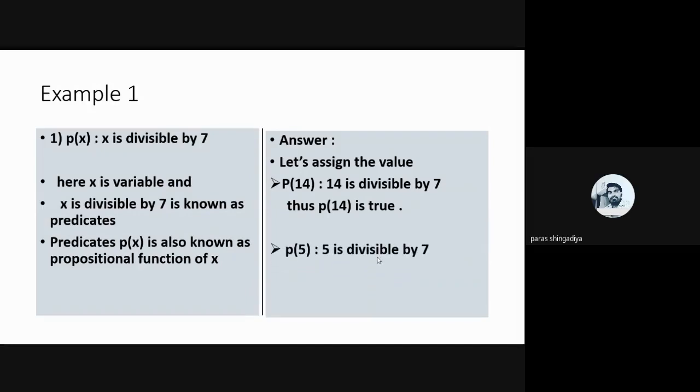And let us assign another value. Let's take 5. 5 divisible by 7 is not true in mathematics, meaning we cannot divide 5 by 7. So that is a false value of this predicate. So that is one function we have. You can also consider fx here, but the data is in predicate form, so we consider here p of x.